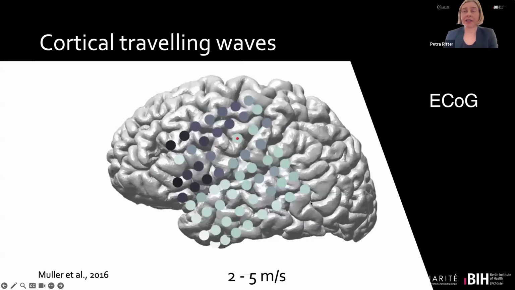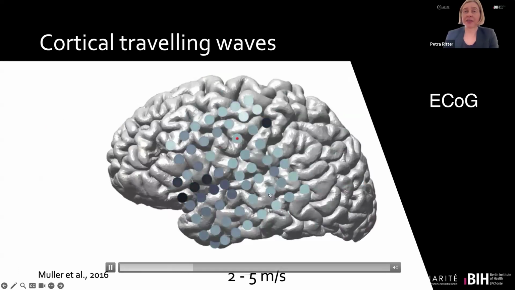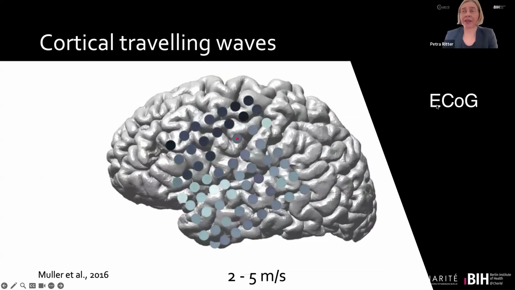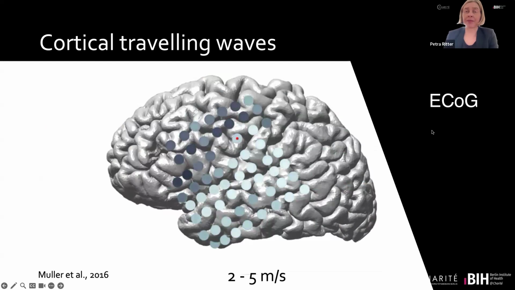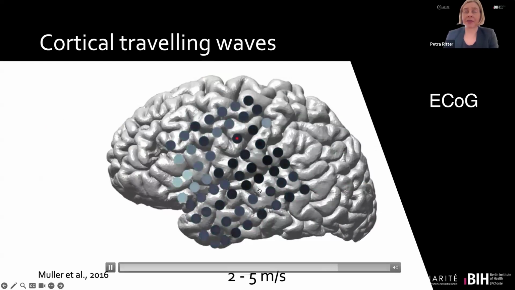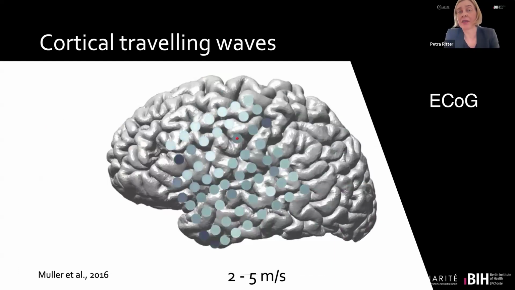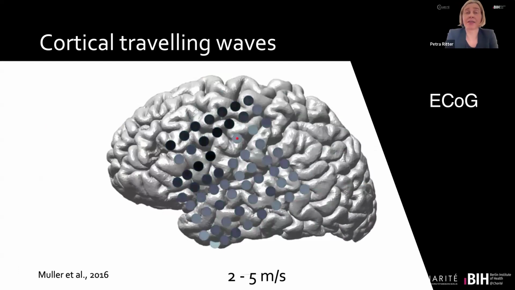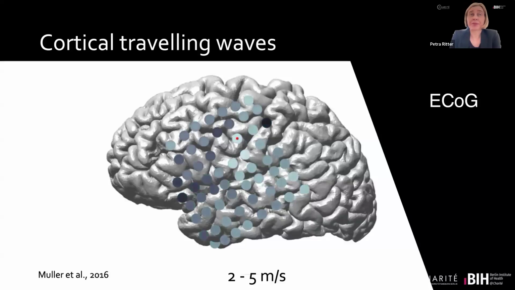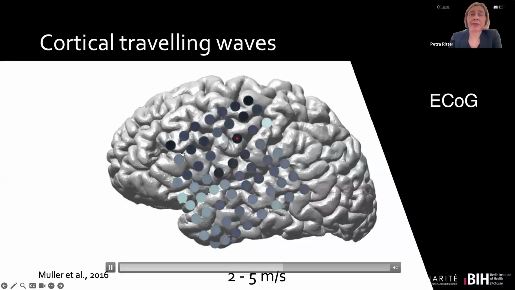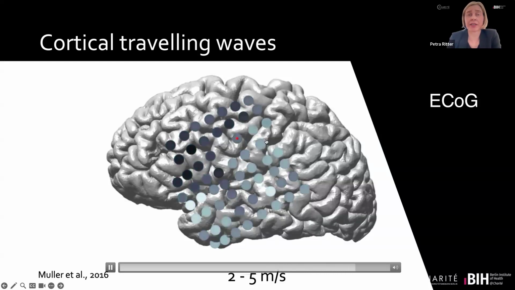But then we have also other traveling waves that can be much larger. This is a human brain, and these are also empirical recordings, electrocorticogram in patients with epilepsy. And this is actually done during sleep spindle activities. Sleep spindles are very important oscillations in the brain that occur during sleep that are important for memory formation. And here we see that there's actually a counterclockwise moving traveling wave.